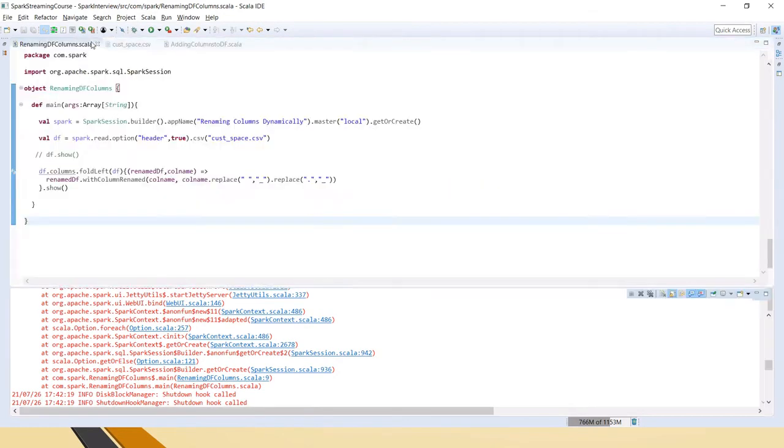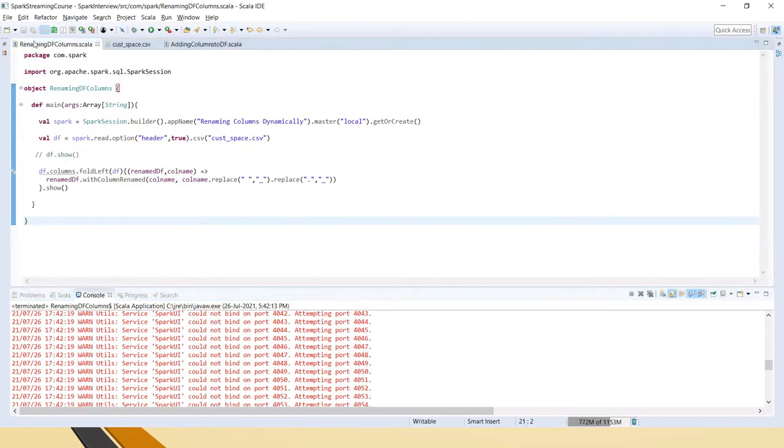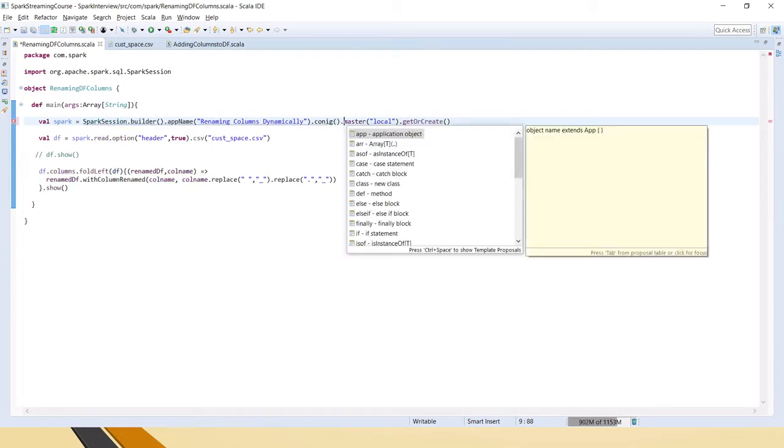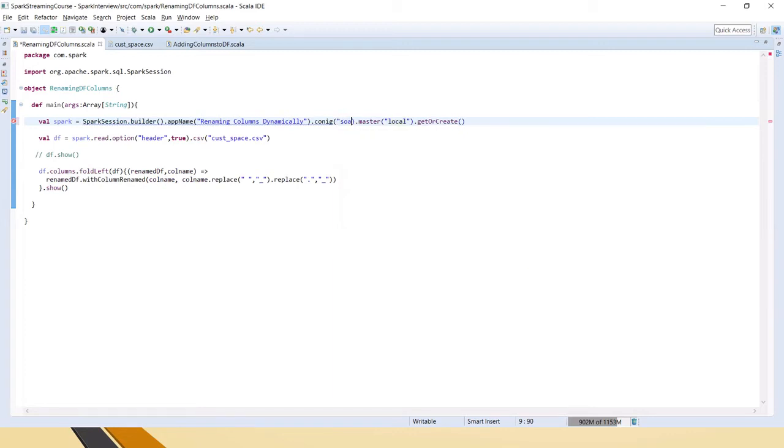Or if you want, in the code itself, you can change the config. While defining the Spark session, you can pass this configuration, spark.ui.port, and pass a number.